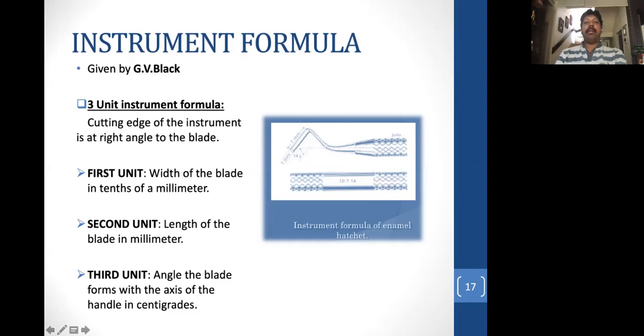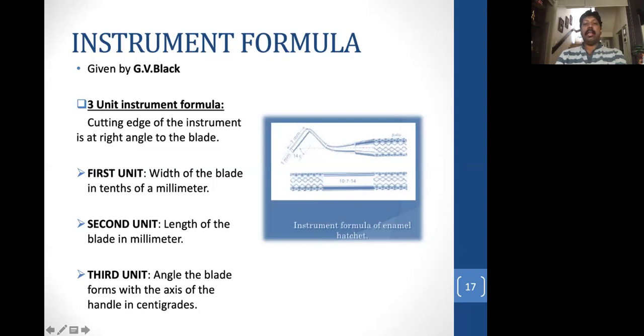This is very important. Remember this. First, width of the blade in tenths. Second unit is length of the blade in millimeter. Length बड़ा रहता ना. Length इतना छोटा थोड़ी रहेगा. Blade पूरा बड़ा blade रहेगा. It is 7 mm. Okay. It is not in tenth. It is just 7 मतलब 7. There is nothing like 70. So that's the reason, length of the blade in millimeter. That is 7.